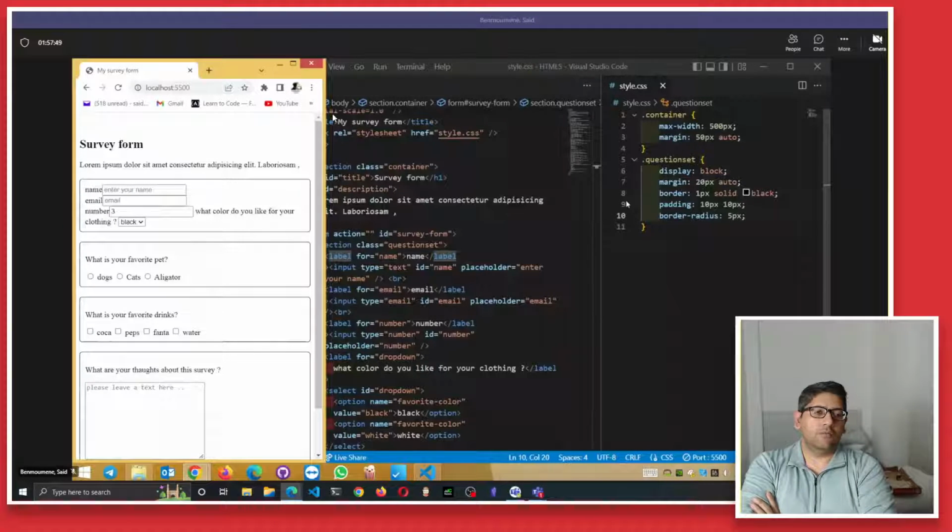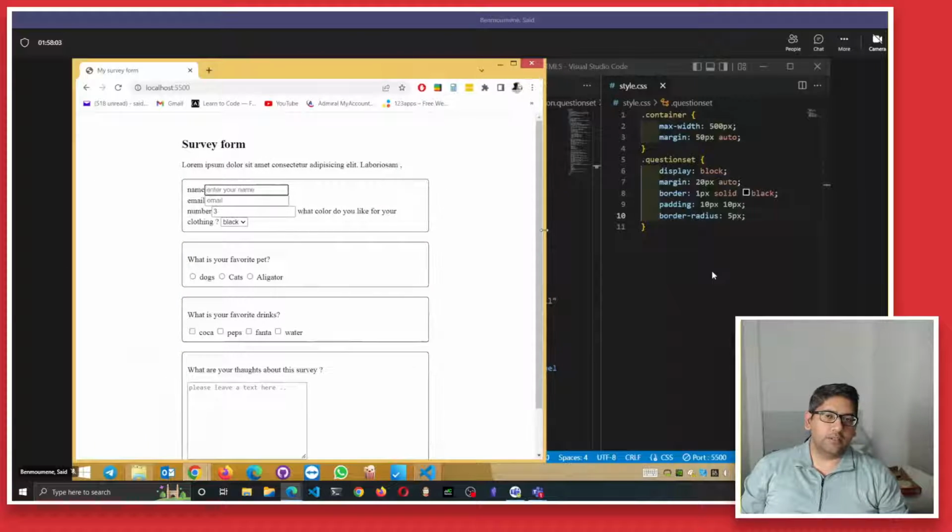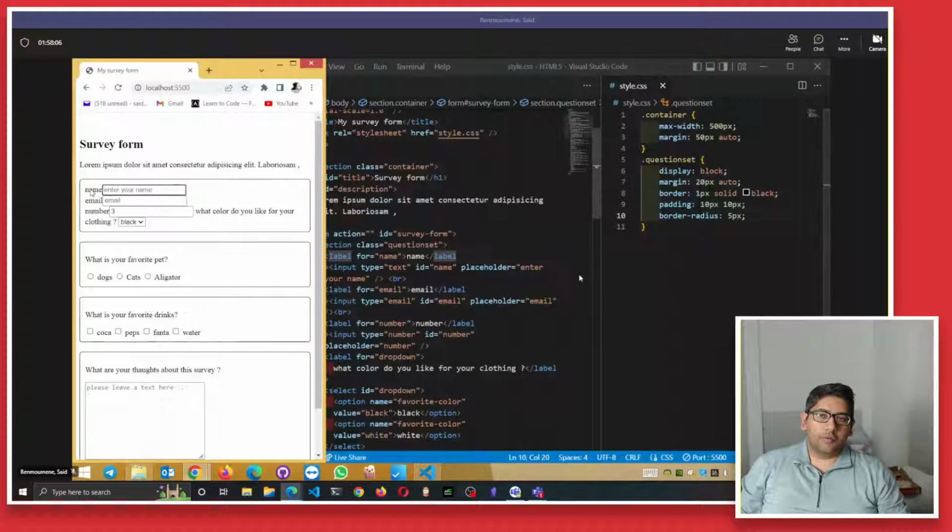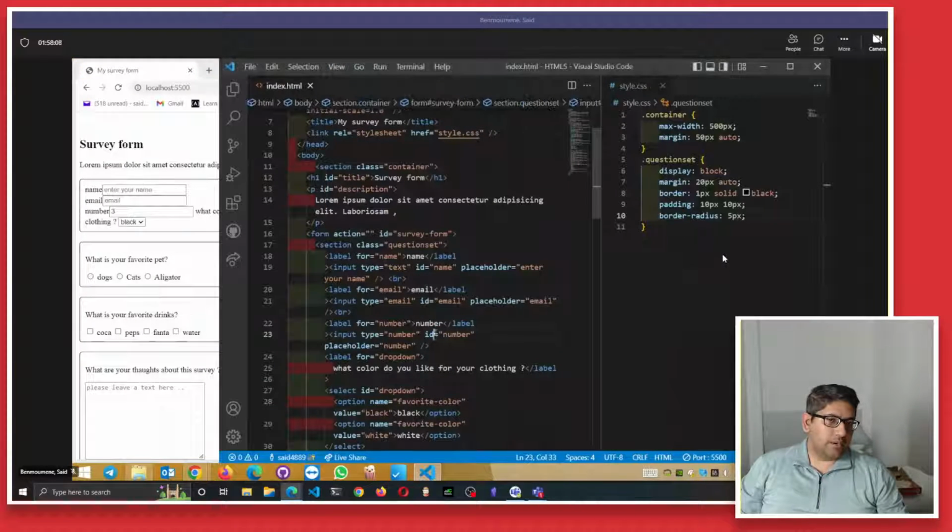Now, what do you want to do next? Okay, so now I want to see the name on the top of that text field. Name on top. One thing you could do is add a break or whatever, but the better way is to give this first question set